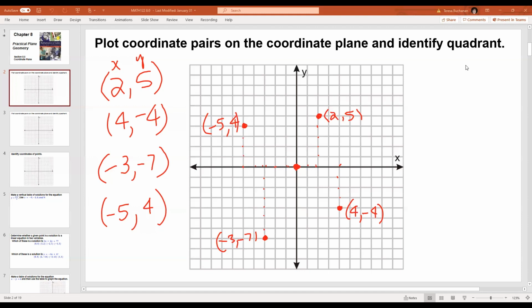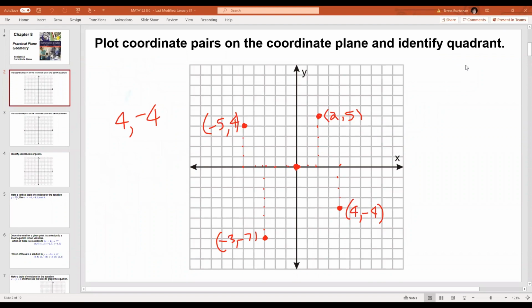You should also be able to work in the other direction. That is, if you see a point,